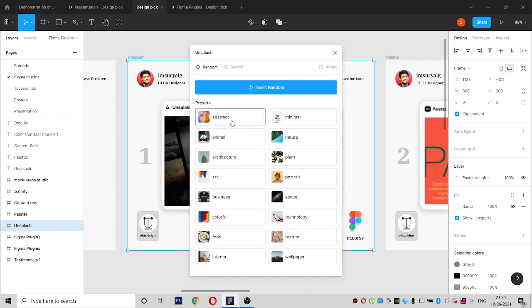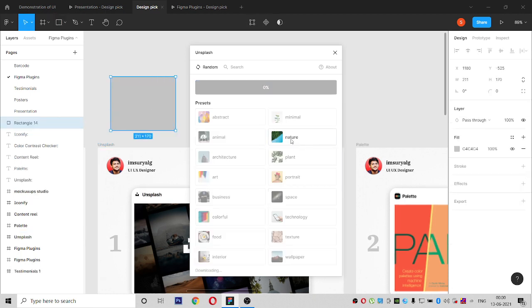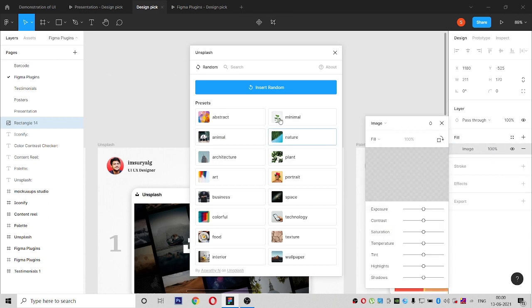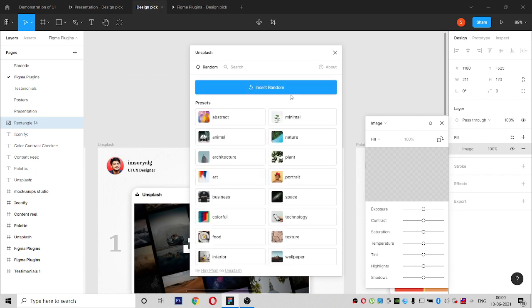So these plugins are very direct actually. If you create any rectangle shape and click on the required thing, waiting for some time. See, here it is done. See how beautiful it is.